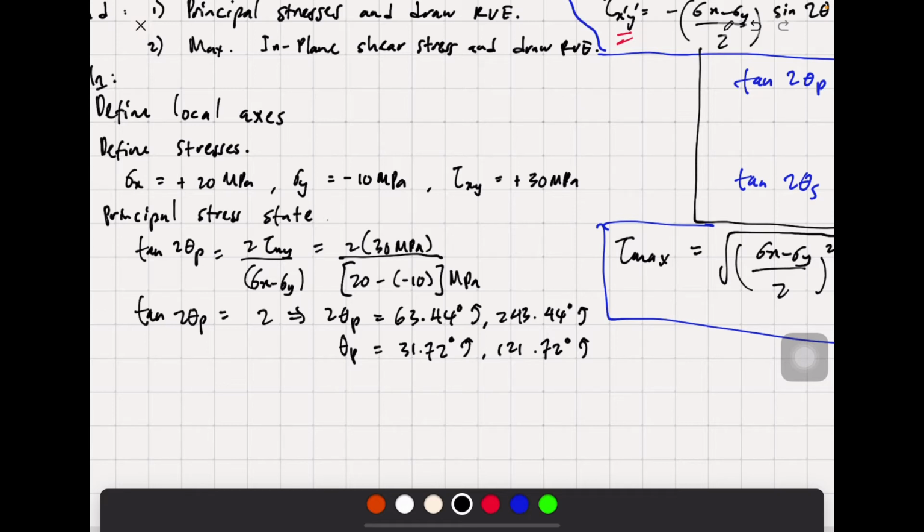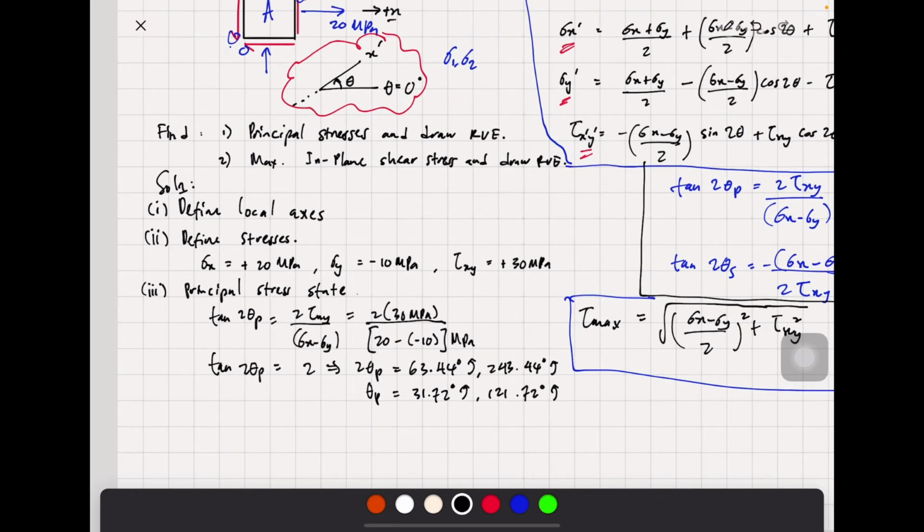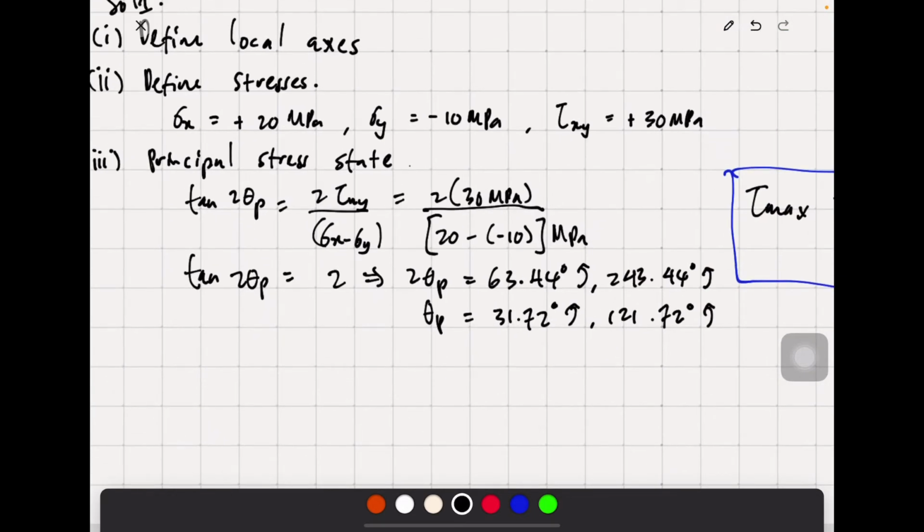Stress on the x-axis is 180 degree to that location is the another angle. We're going to call that alpha and beta soon, but for now we are having these two values for tangent to theta p. So theta p, principal stress, the angle is 31.72 degree and 121.72 degree. So by having that values, by taking to the equation,